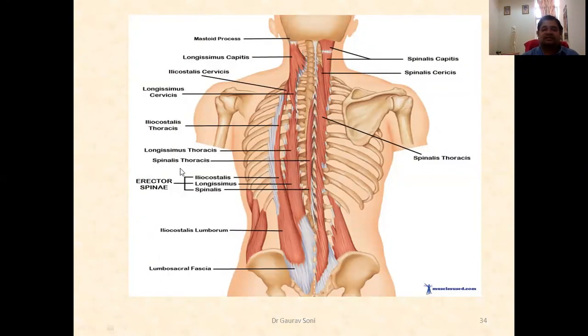So this is the total diagram. You can see again the spinalis group, this is the longissimus group, this is the iliocostalis group, then three compartments for each. This is the origin. You can see some part of the ilium and sacrum is also included here, and vertically it is going to originate from ribs also. So region wise it is going to be divided again and again, but in totality it is one muscle.